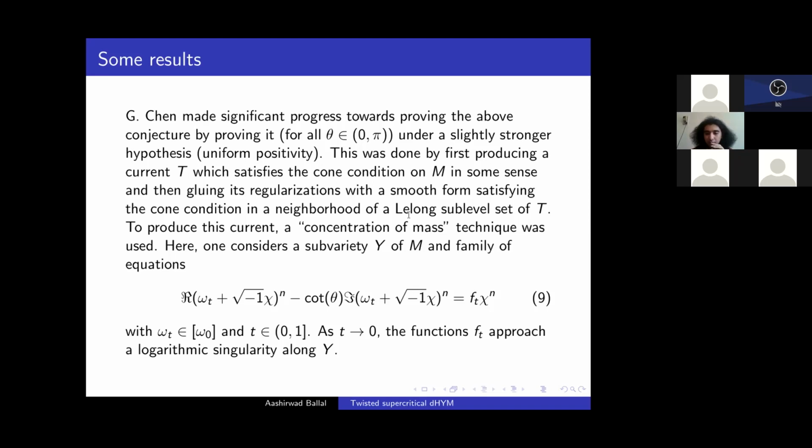So if T is the current, then its Lelong sublevel sets are analytic sets. This follows from the theorem of Siu. So because these are proper analytic subsets, you can apply